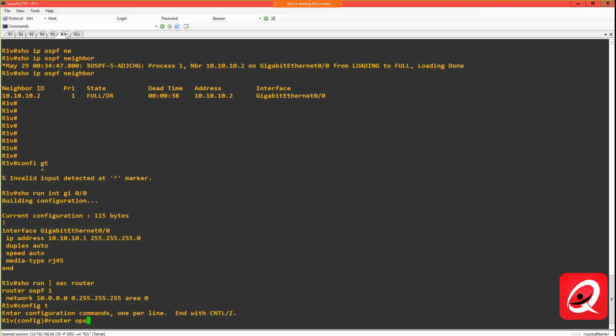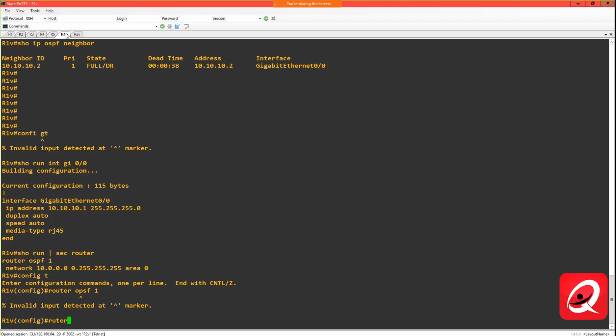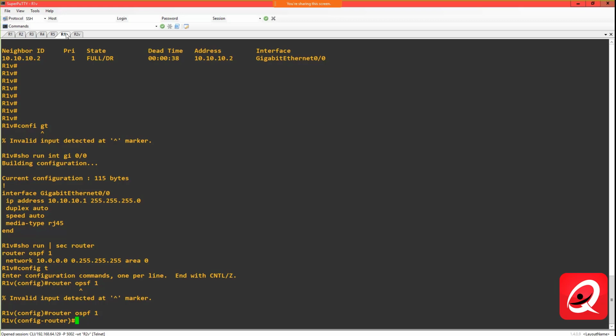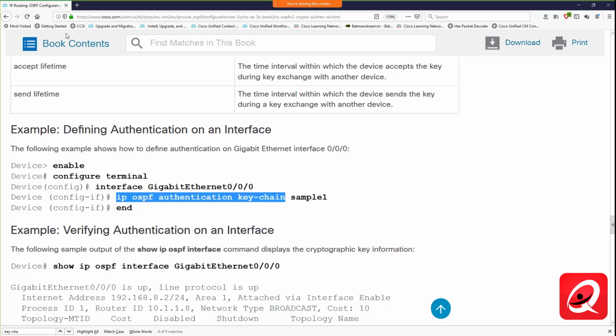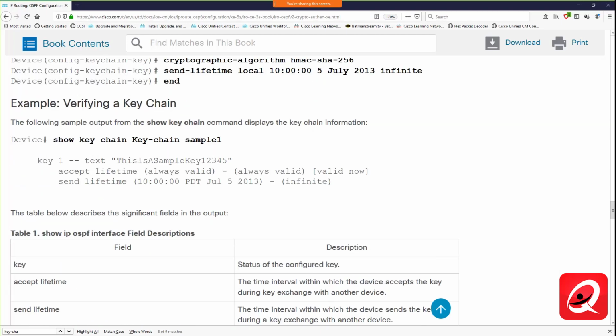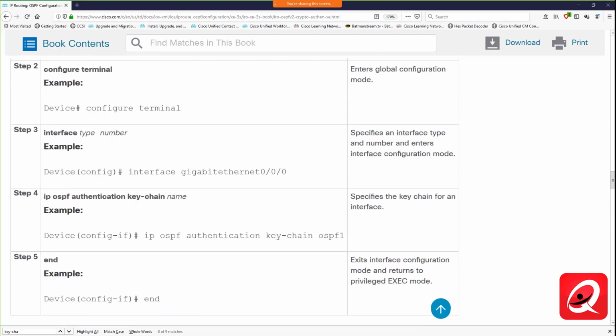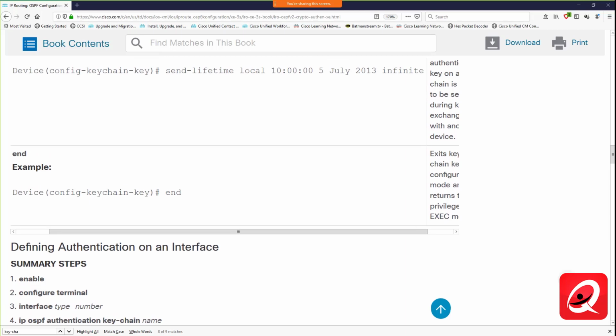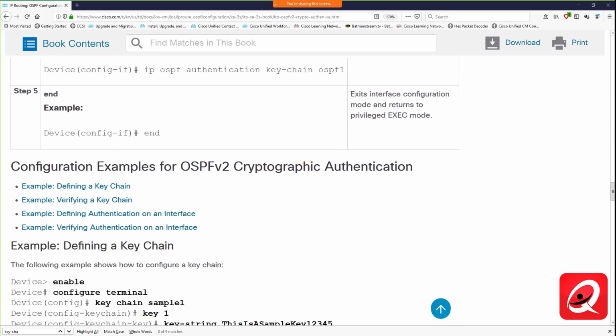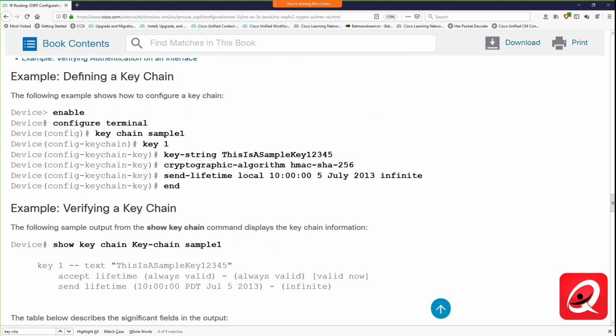So if I come into router OSPF 1, area 0, authentication, still only message digest in this particular case, unfortunately. So it doesn't look like IOSv is going to allow us to do the enhanced security. So we're just going to have to take a look at this as a configuration example in the documentation here. I'm not even sure that you would necessarily have to do this in the CCIE lab as well, but we definitely want to take a look at the enhanced cryptographic